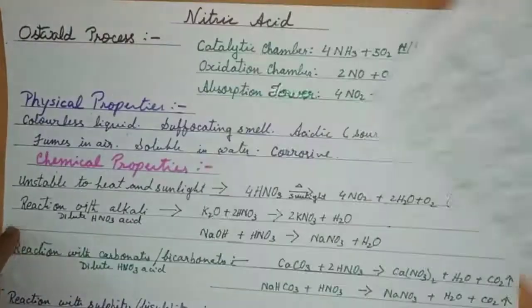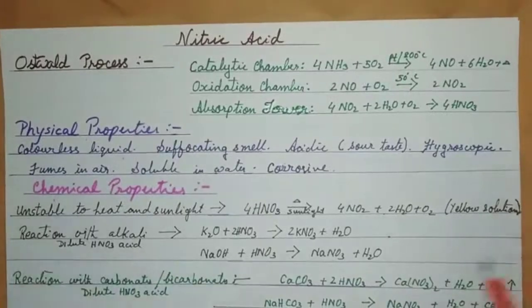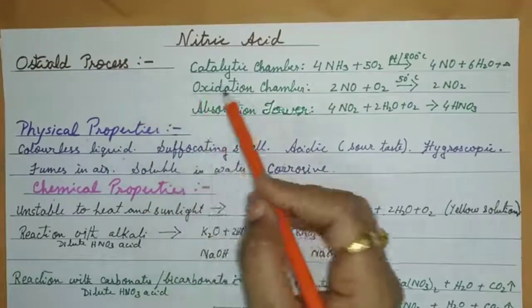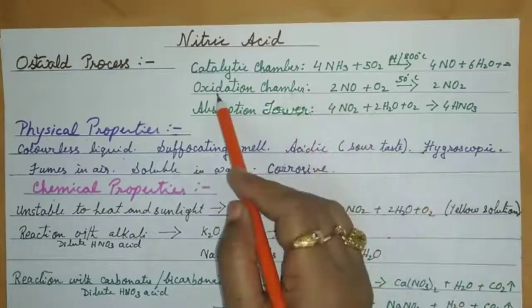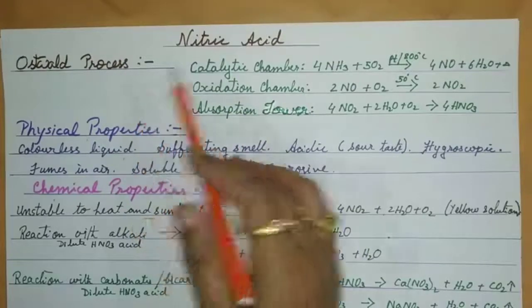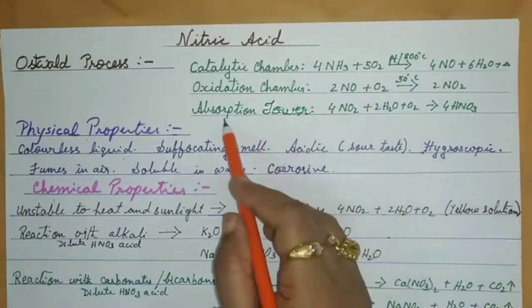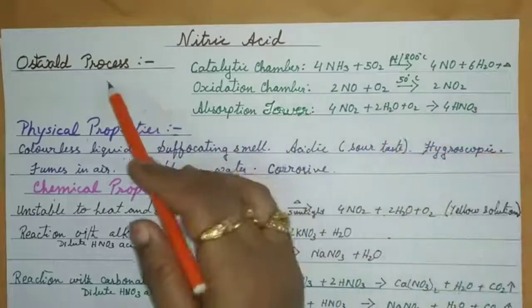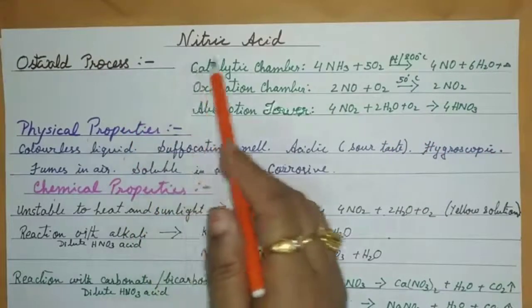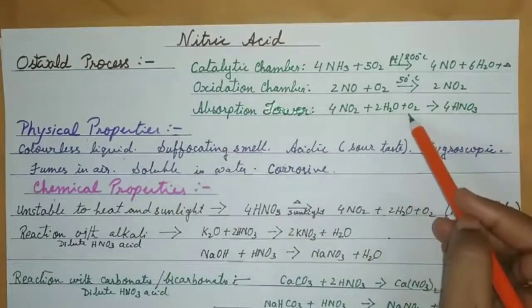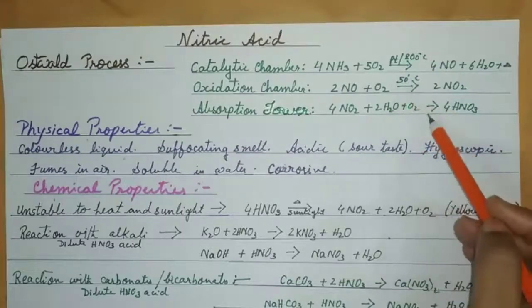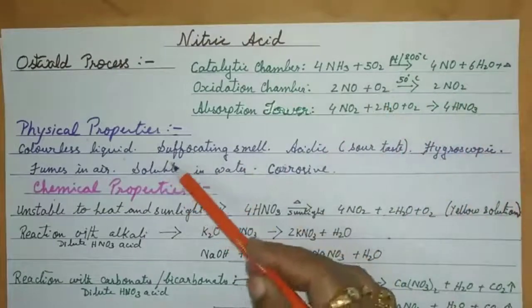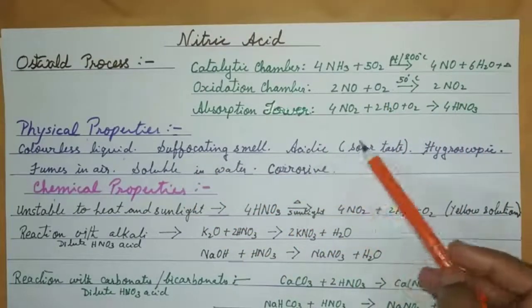From the second slide, if we can discuss the types of questions. Give the chemical reaction in the catalytic chamber of Ostwald's process, or give the chemical reaction taking place in the oxidation chamber of the Ostwald's process, or give the chemical reaction taking place in the absorption tower of the Ostwald's process, or give all the three equations taking place in the Ostwald's process to prepare nitric acid. You have to write all the three, giving all the conditions, otherwise your mark is cut. Complete balanced equation. About the physical properties, fill in the blanks or something can come.